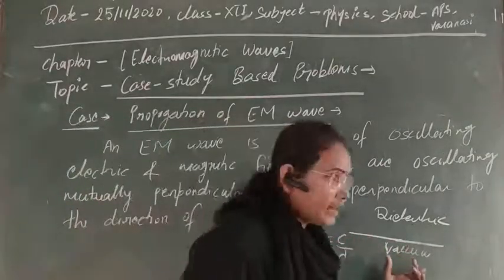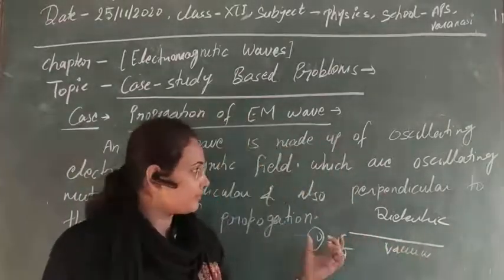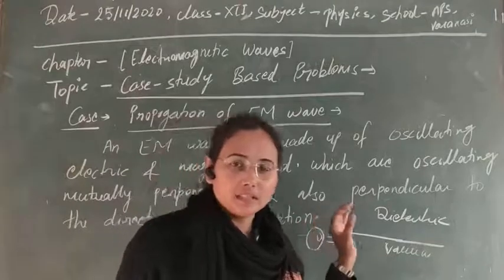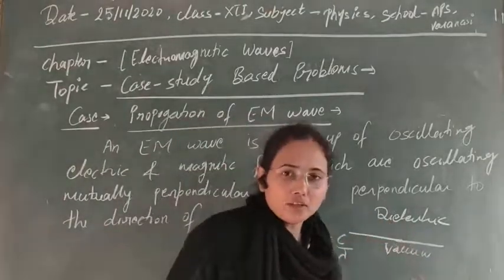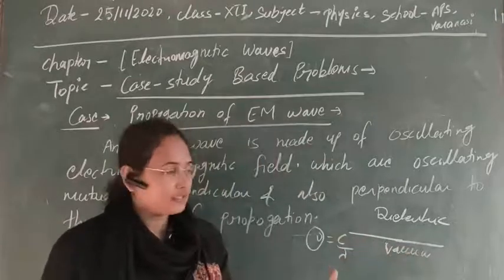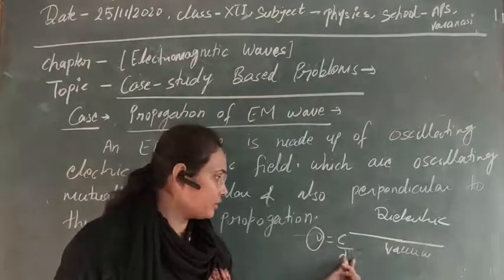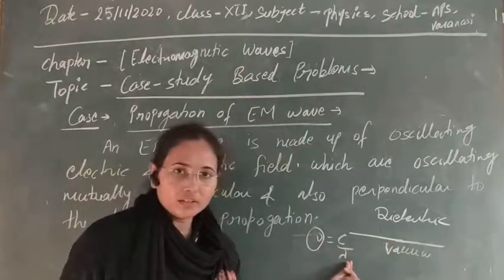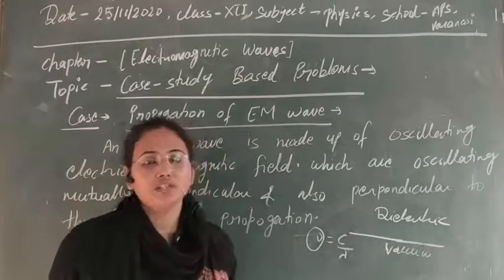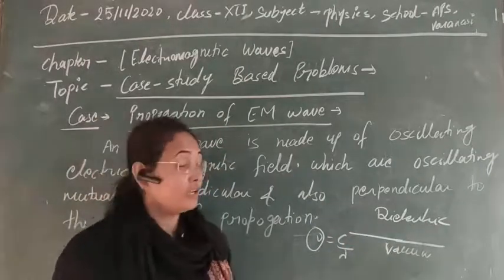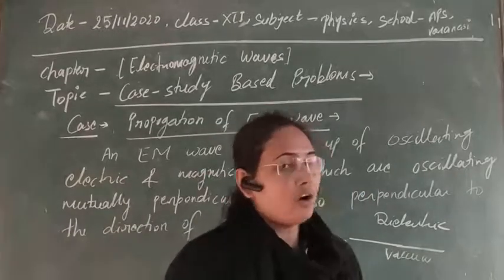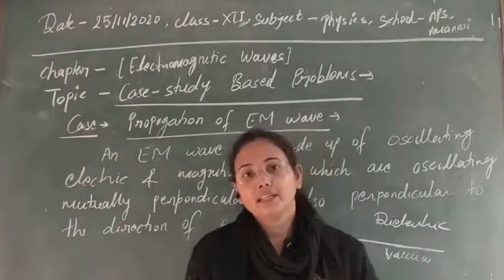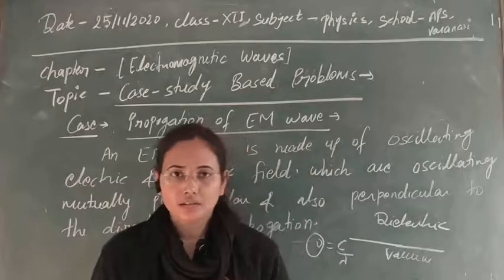So the question we have discussed is which property of an electromagnetic wave changes when it is propagating from a dielectric to a vacuum medium. The properties that change, we have calculated, are the wavelength of the electromagnetic wave and also its velocity. Here, if I ask you whether the oscillating electric or magnetic field will change or not,